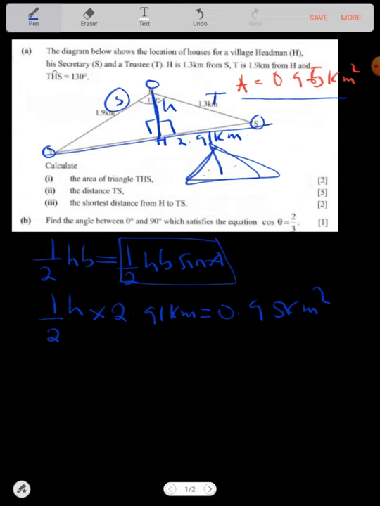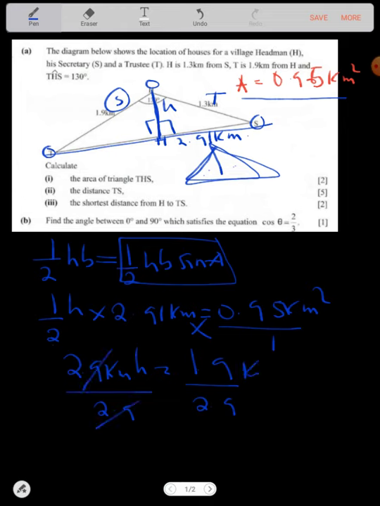We are going to cross multiply. So I say divided by 1, then cross multiply. Then we are going to have 2.9 kilometer times h equal to 0.95 times 2, which gives you 1.9. So divided by 2.9 this side, by 2.9. Remember there's kilometer squared here and there's just kilometer. So kilometer cancels, and you remain with 1 kilometer. So you have h